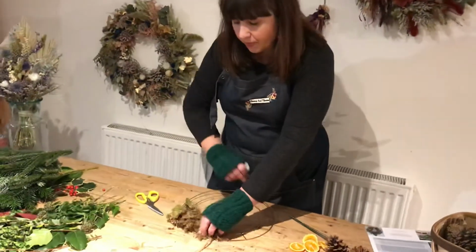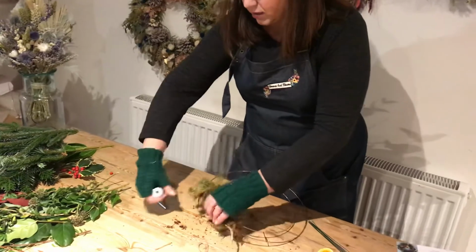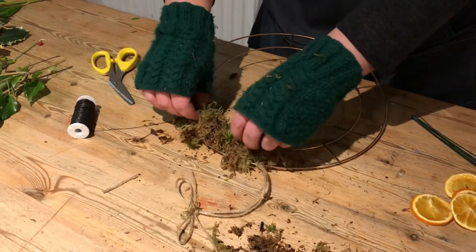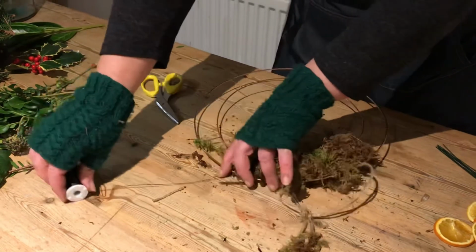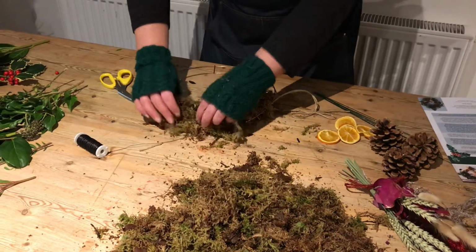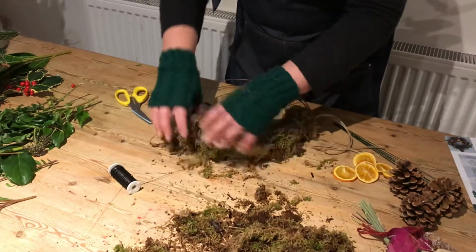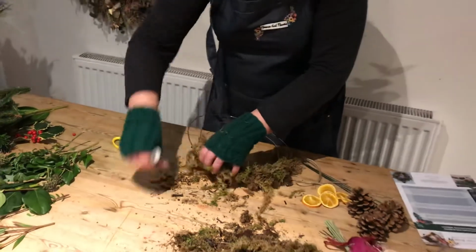Take your wire and just bind it over the top of the moss, like so, wrapping it round several times, pulling it tight each time, nice and tight. If you've got it loose, then obviously this is going to start to move about a little bit, so you just want to pull it right as tight as you can against the frame, and then get another handful and start in the same place and just continue all the way around the ring like so until you get back up to the top, and that's when we can start to put on our foliage,